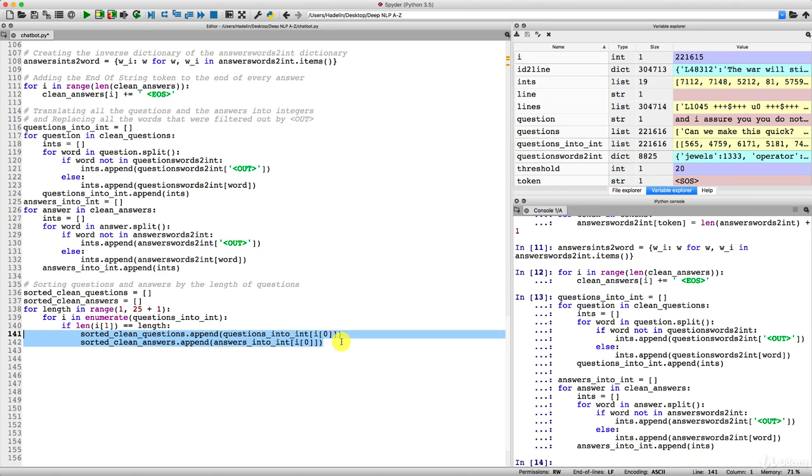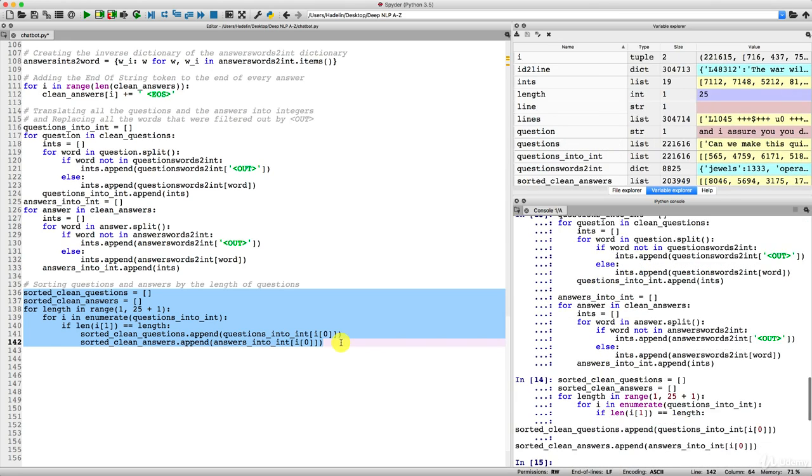But before we do that, let's have a look at the beauty of what we just made with these final 2 lists, sorted_clean_questions and sorted_clean_answers. So I'm going to execute this. I hope I didn't make any mistake. And let's execute. There we go. Fingers crossed, and amazing. Now I can tell you that the data preprocessing phase is done, and NLP is done actually, because now we're going to get to deep learning, which is much more exciting.